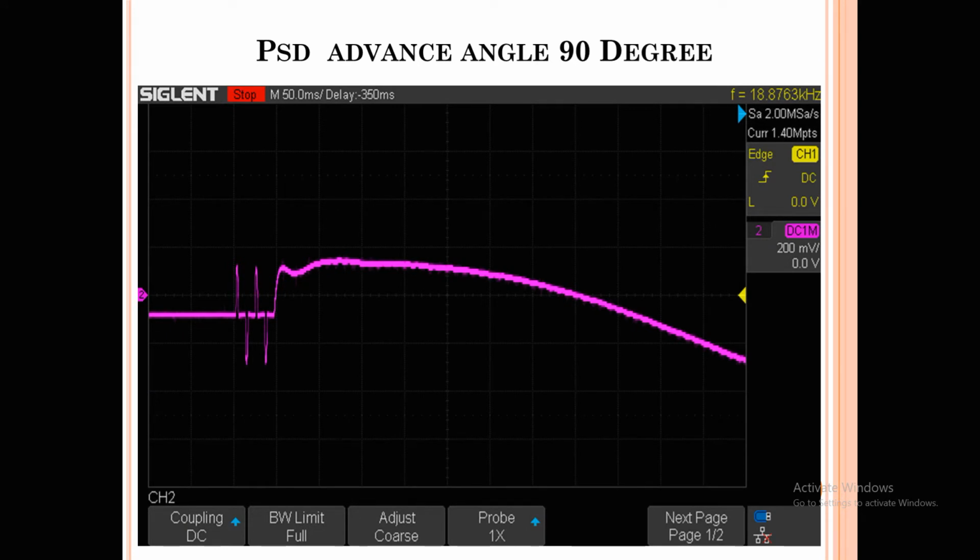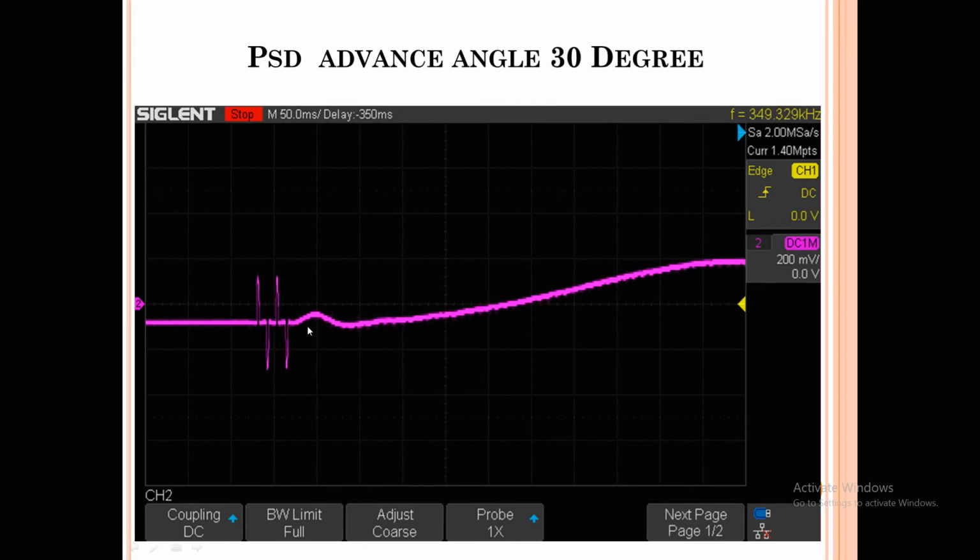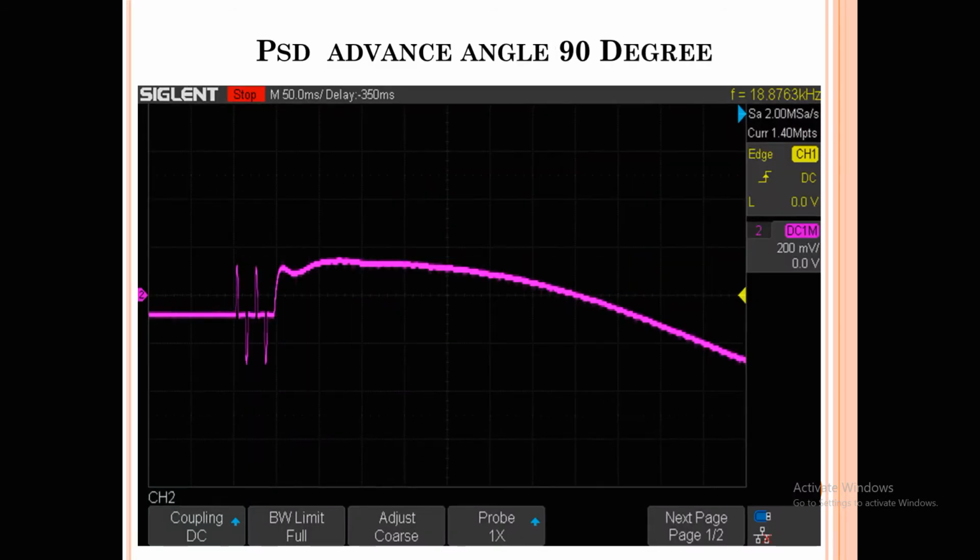As you see, we have the 90 degree angle. If you selected 90, first compare the two different values. If your advance angle is 90 degree, you are going to get something like this graph for startup. And if you have 30 degree, you are going to get something else. If you compare these two graphs, what it means is, if you have 90 degree, you are going to get the higher torque value, and your motor will start from this peak level.